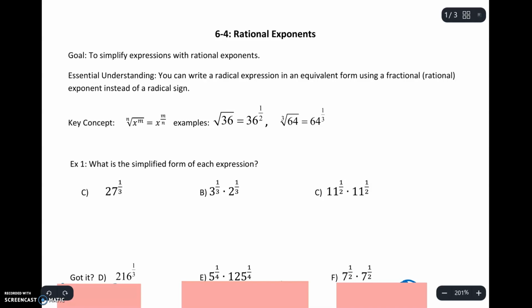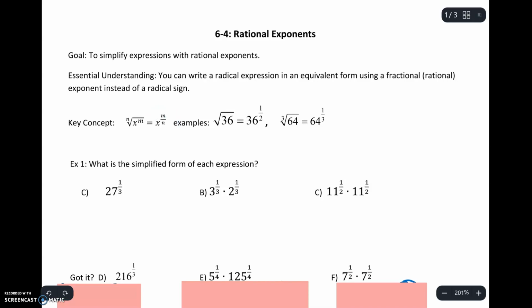Now that we've established some rules with simplifying radicals, we can expand that and see how those radicals are related to what we call rational exponents, which basically means exponents using a fraction. Our key concept is telling us that if I was to treat a radical instead as an exponent, I know